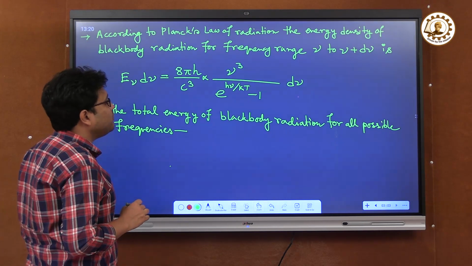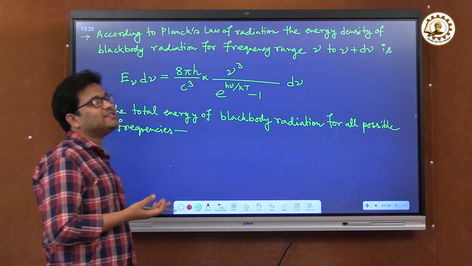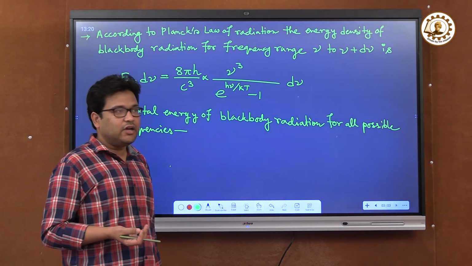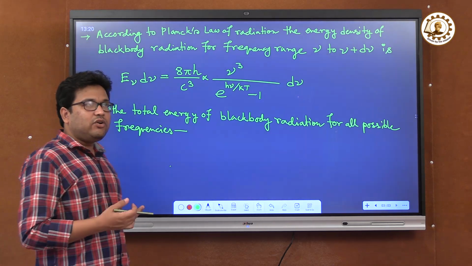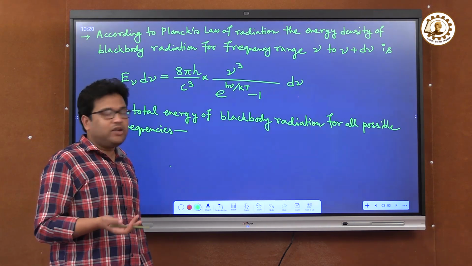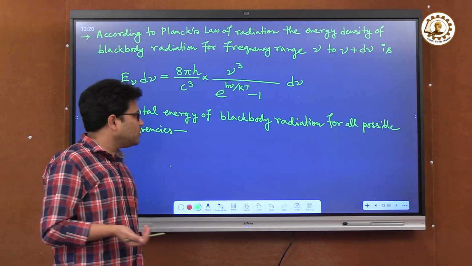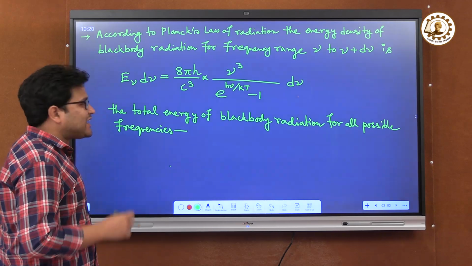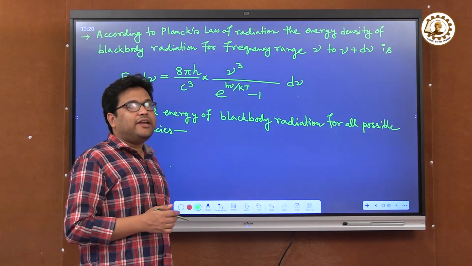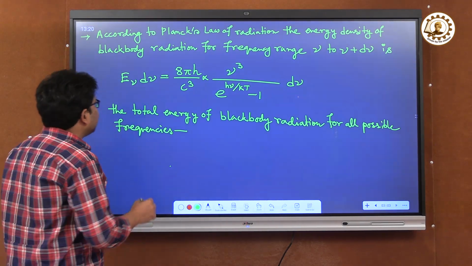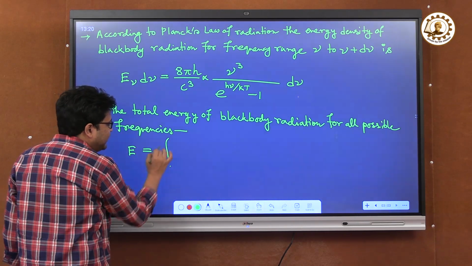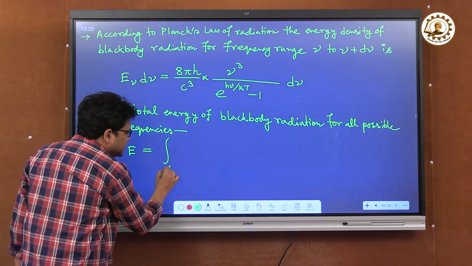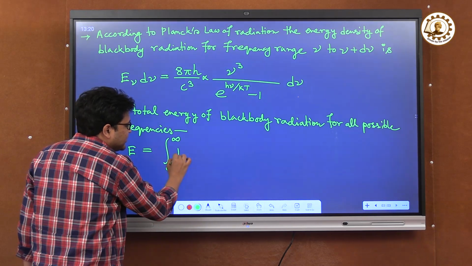For all possible frequencies, that means the frequency cannot be negative. We cannot take negative values. The frequency can be 0 and it can be a very large number. Theoretically the maximum value of frequency is infinity. So the total energy, capital E, equals the integral from 0 to infinity